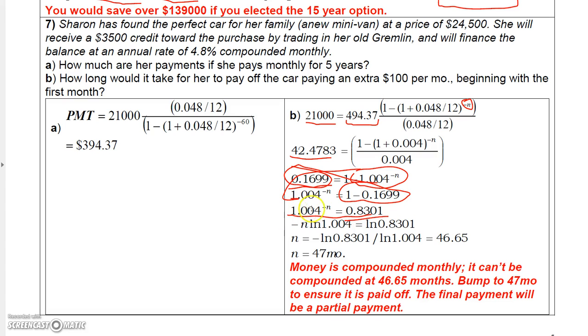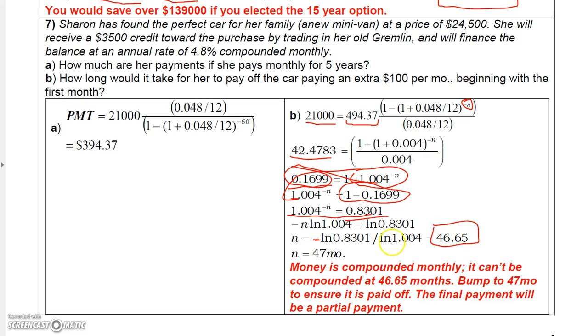If you take the log of this, you can bring the exponent down and you get minus n times the log of 1.004. And then on the right you have the log of this. Since you have a minus, to solve for n you have to divide this by minus the log of 1.004. This log divided by log is going to be minus, and then this minus is going to switch it back to a plus, and you're going to get